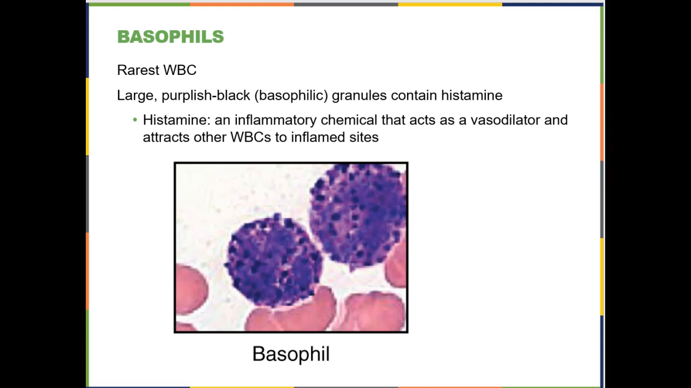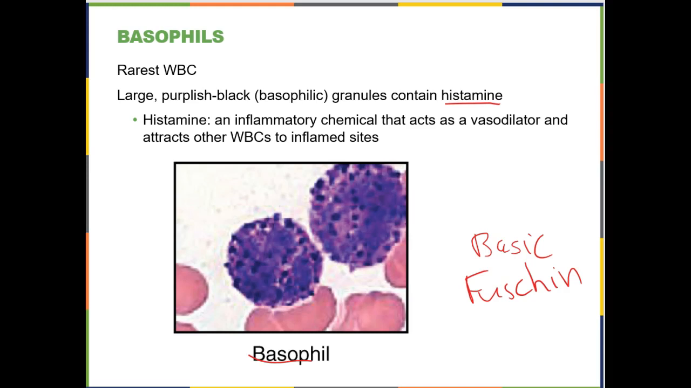Then the basophils, their granules contain histamine. They're called basophils because the granules, or the stain that the granules absorb, is called basic fuchsin. And it is the purple stain that gives the granules their purple color. And histamine, you will learn later, is an inflammatory chemical. It's also involved in